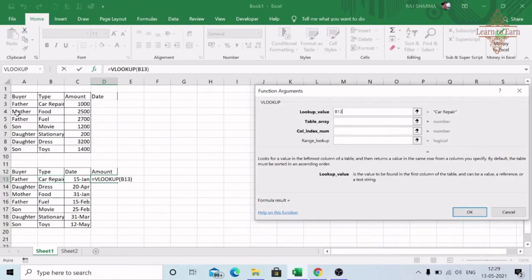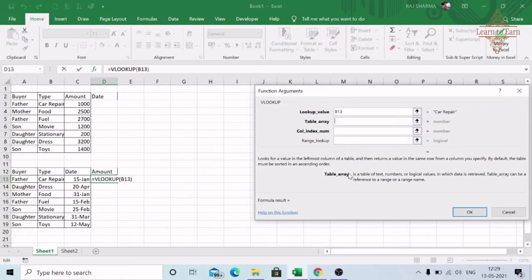So if we align by this value, then in VLOOKUP by default only the first value will come, the second will not come, so it will fetch an error. In comparison to that, here you can see there is no repetition, no common item, so it will be better to use this column for the lookup value.